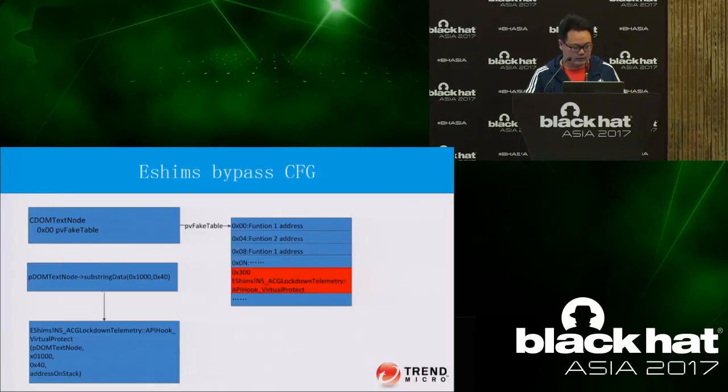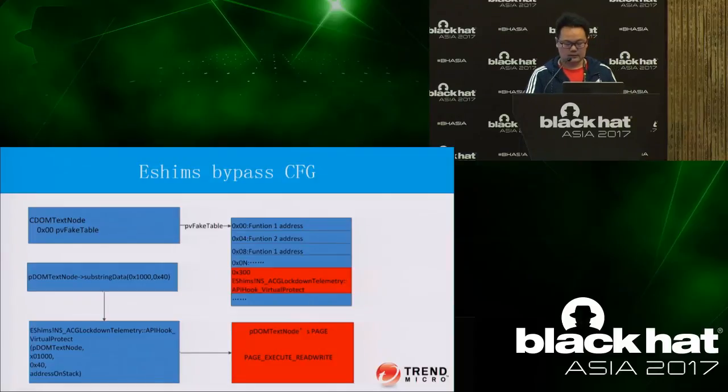Then we call substringData using these as parameters. Because substringData is overwritten by VirtualProtect, when you call the substringData function, it will go to the VirtualProtect function. When this function finishes,